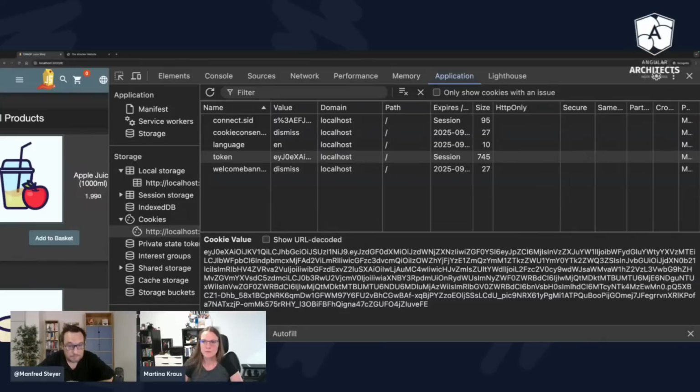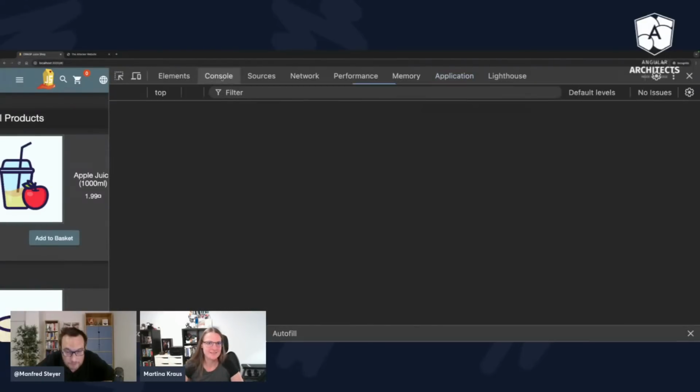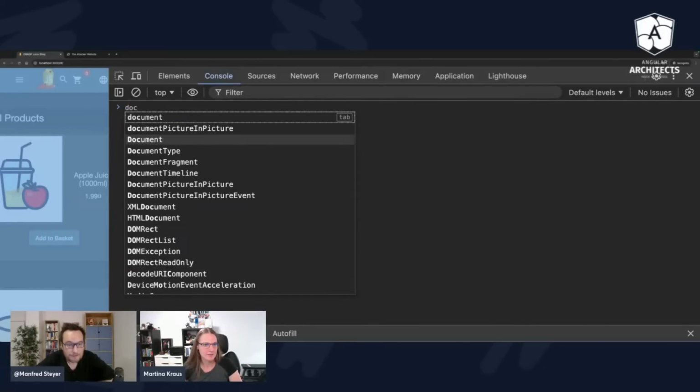Okay, so this is not so easily accessible through JavaScript, is it? I have to tell you it is, since it's not HTTP only. Absolutely right. I will get back to HTTP only in a sec.